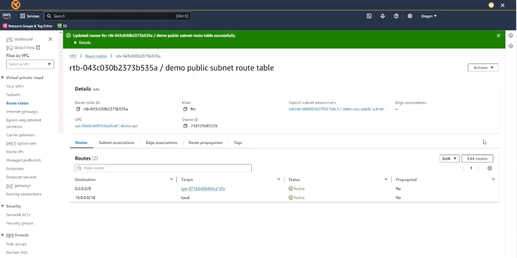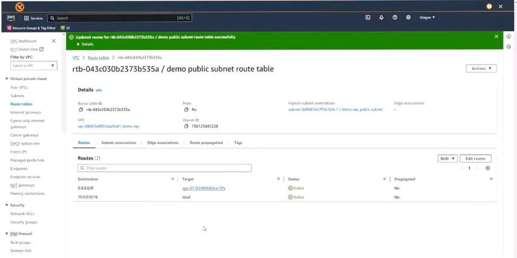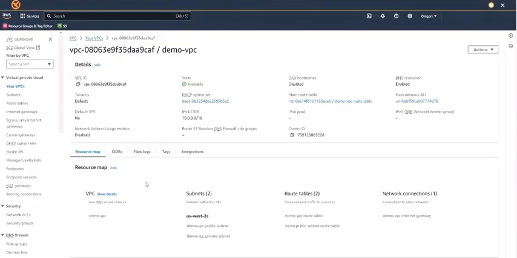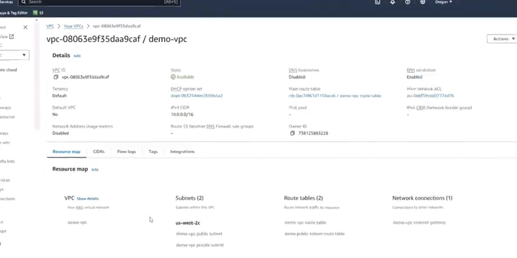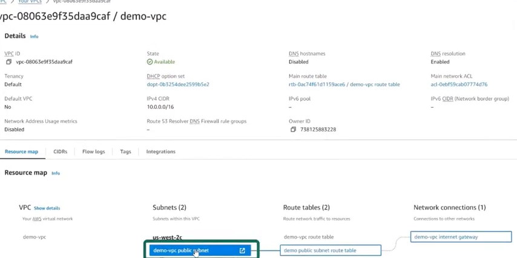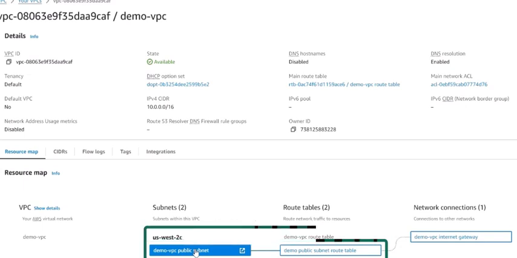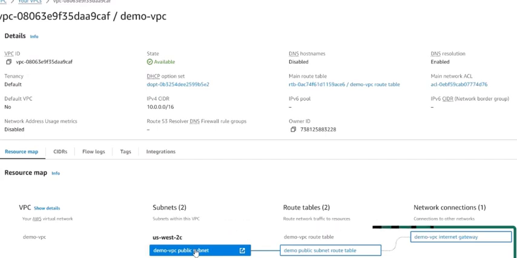And now the internet gateway is allowed to communicate to resources in our public subnet. To check our progress, I open a new tab with our VPC here, and we can see our public subnet using our public subnet route table to communicate with the internet gateway.